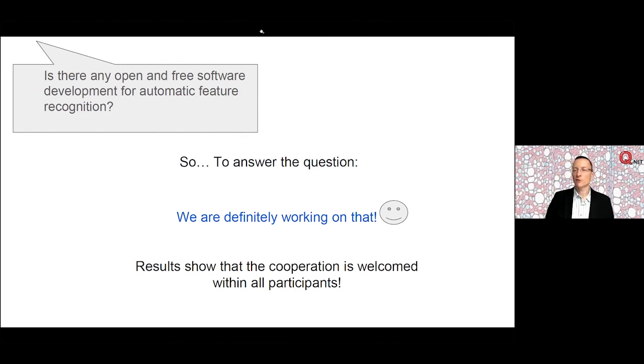Good. Maybe I can add, representing QNet, I fully agree with Angela that we probably should think about some sort of a meeting among all the 11 people who now gave feedback. I think that would be very interesting, but nothing is planned at this point. There's the last burning question, and then I think